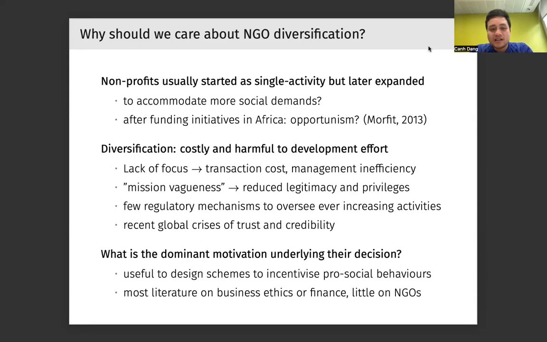Most of the literature has been focused on the ethics of businesses or for-profit organizations regarding their diversification activity and regarding their motivations behind their decision. There have been very few studies done on NGOs. So we're trying to contribute to this